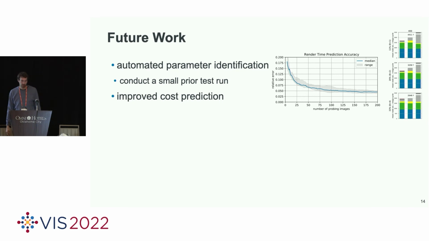There are various directions for future work. First of all, we could potentially improve our current approach for generating image databases in different ways. For instance, our approach exhibits 2 main parameters. On the one hand, the ratio of visualization nodes, and second, the ratio of work items that we use for probing. They are currently set manually, but could also be determined automatically with a small prior test run. Cost prediction in particular is a very important basis for dynamic work distribution, and more advanced approaches in this direction could help us to yield even higher efficiency.